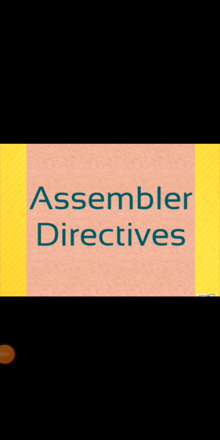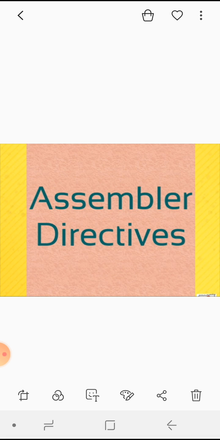Everyone, let's start this session by discussing assembler directives. We have said an assembler is a program which will convert a source program into an object program, right? So we have used assembly language, and we have discussed the mnemonics, right? Now we need some instructions which can direct the assembler to do some task, and those instructions are called